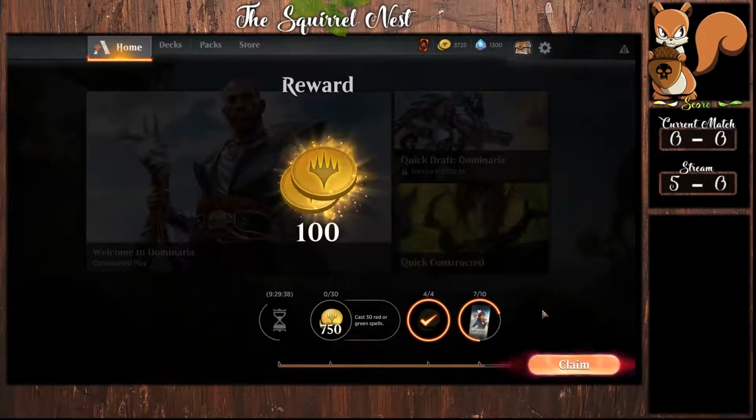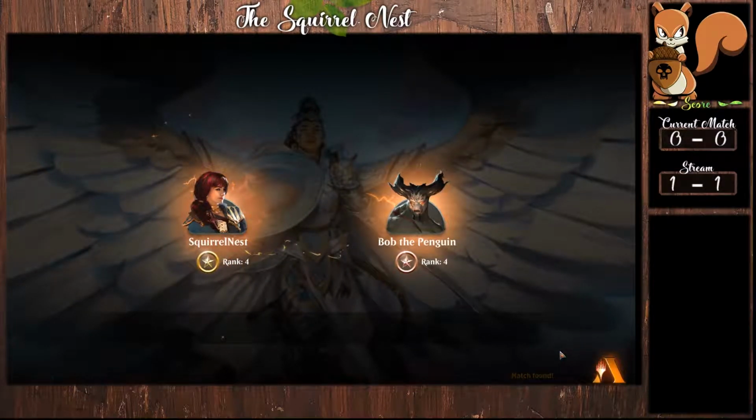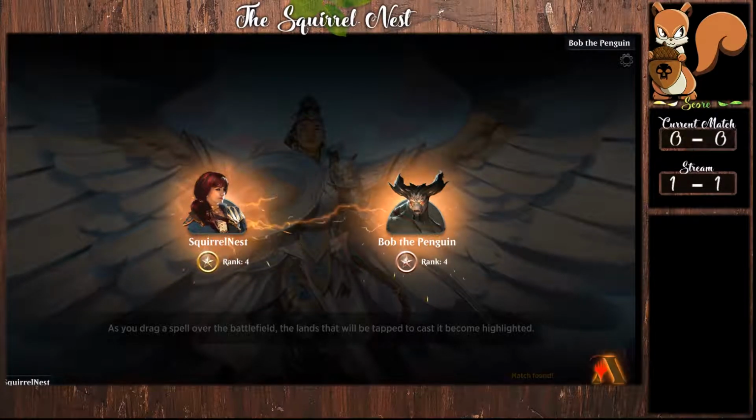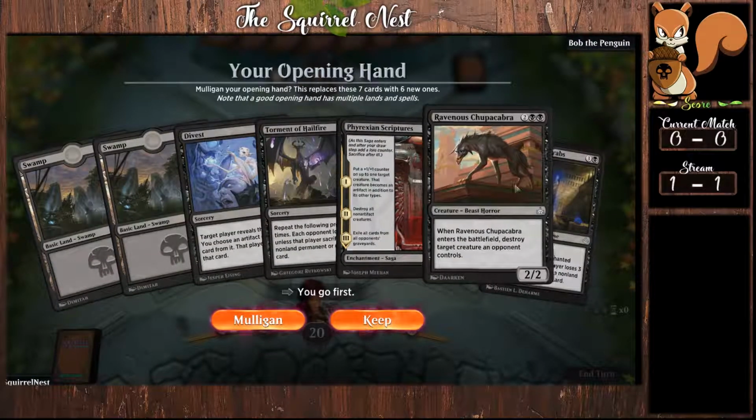Cool, that was match 2 for Cobbled Magic. Okay, match 3 for Cobbled Magic against Bob the Penguin. I have now updated properly the score for the video, and we have...